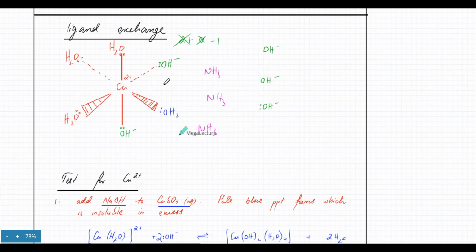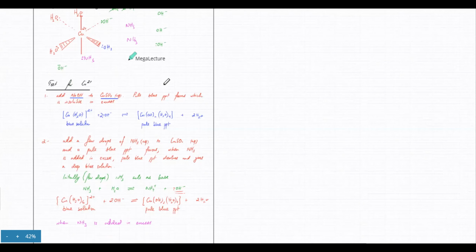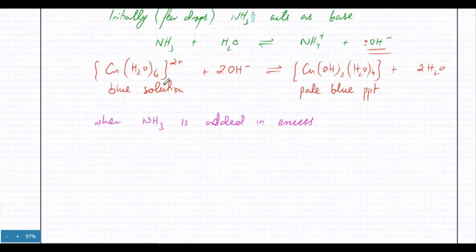Now the obvious thing that's going to happen is, because NH3 is a ligand, its lone pairs, the NH3 molecules, are going to knock out the water molecules and take their place. Now NH3 starts substituting around the copper 2 plus. So when you add a very large amount of NH3, this pale blue precipitate that was formed, copper with the 2 OH ions and 4 water molecules, this pale blue precipitate,